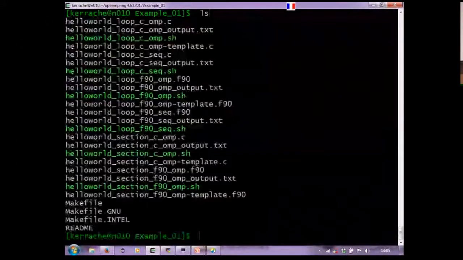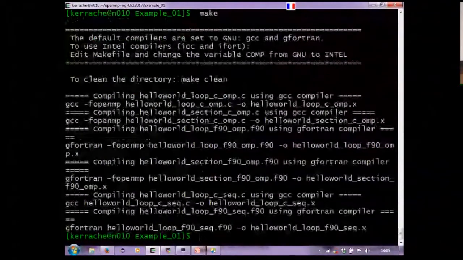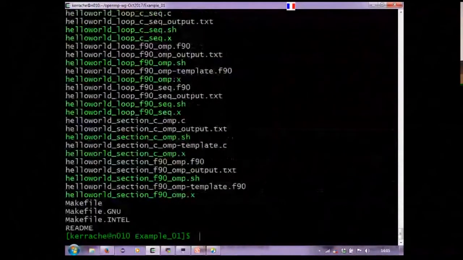Now, if I go back and execute the program, we need to compile all the programs. Just type make. It will compile all the programs at the same time. Now, if I want to execute the program that corresponds to the template we are working on,